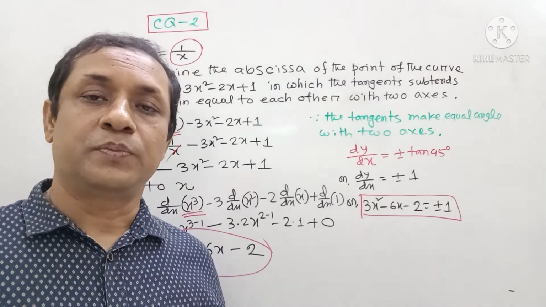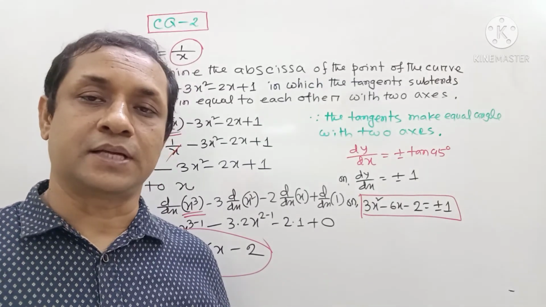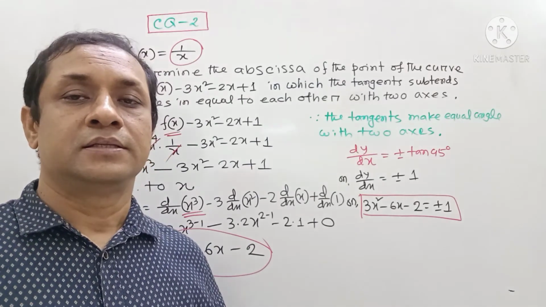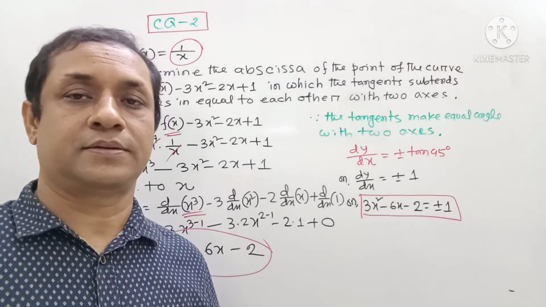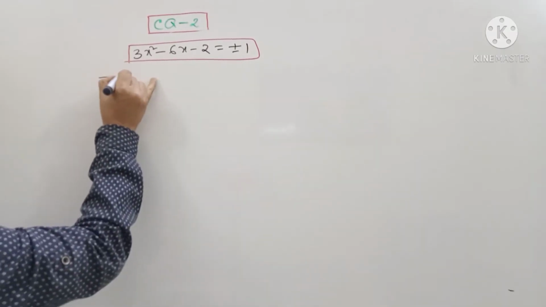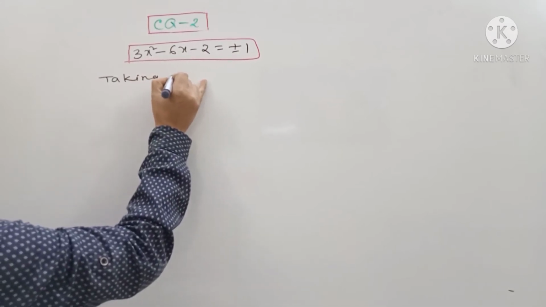Student, attention please. Taking the positive sign, find the value of x, the abscissa, and again taking the negative sign, find the value of x. Taking the positive sign, we get